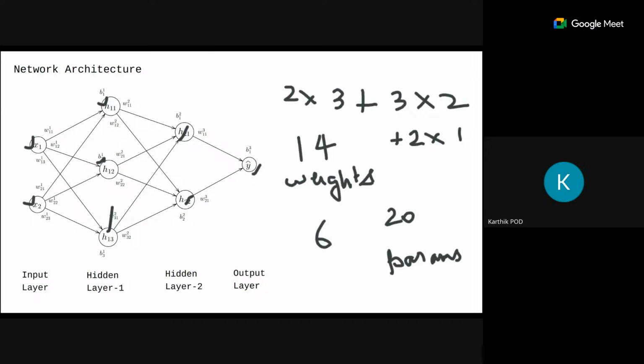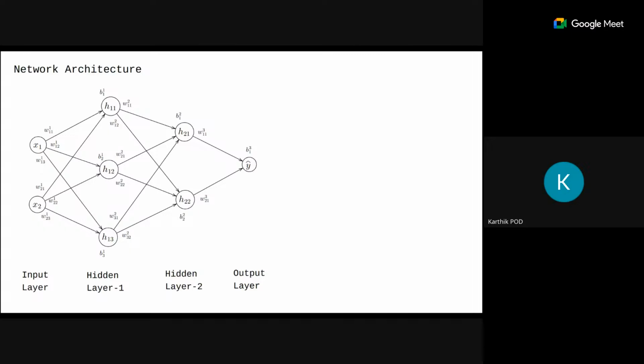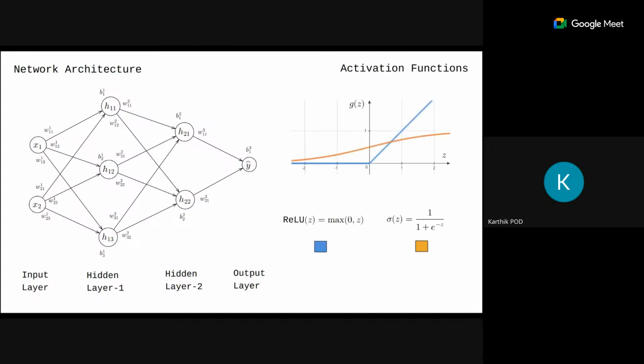Again, I'm just repeating this. The input layer does not have any concept of bias associated with it. It is only associated with the hidden layer neurons and the output neurons. Now we come to the activation function very soon, when we start looking at how information flows in a network. You can also view a network as